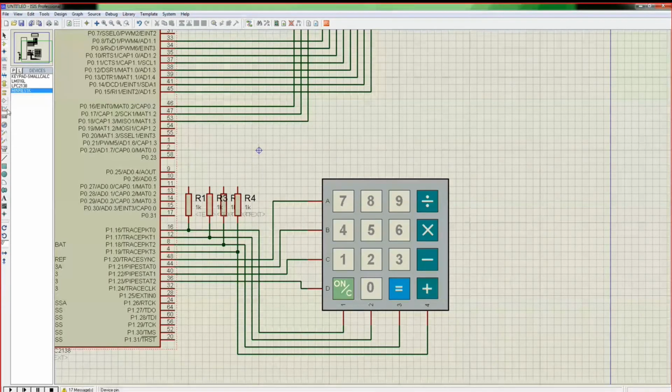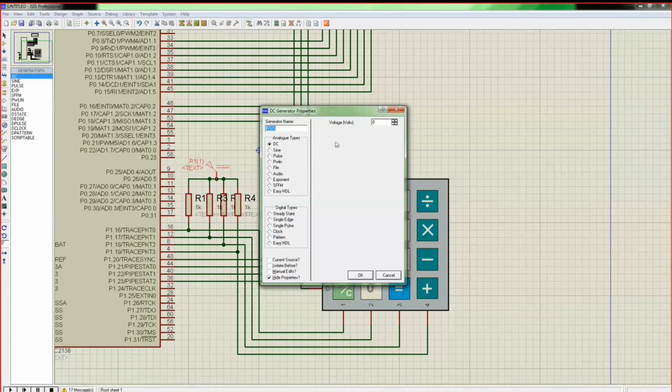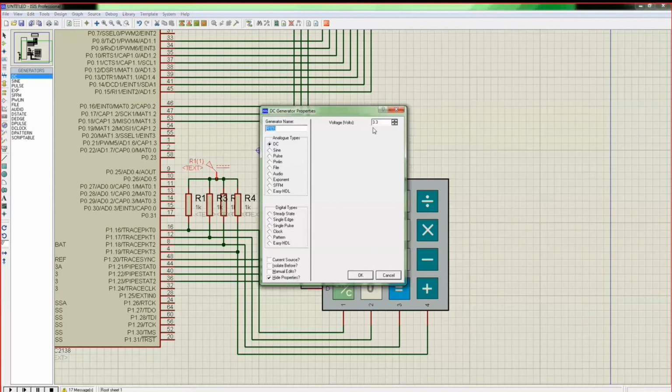Right. Now you can click on again. What you need to give here? You need to give VCC. So click on DC source. That is generator mode. Take DC source. Click on here. Wherever you have taken the LCD, keypad, all those things are components. Then for taking this DC generator, click on generator mode. Take DC, keep it here, connect with all this. Then don't forget to configure this VCC as 3.3.